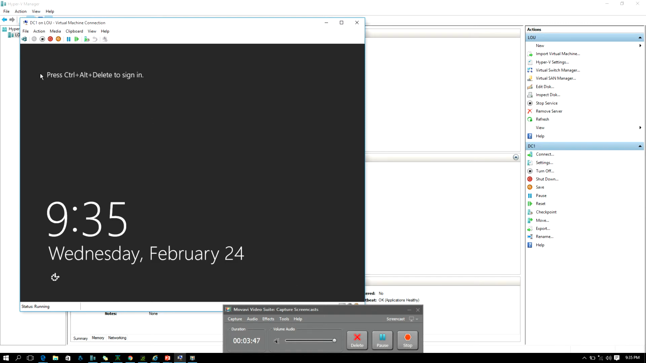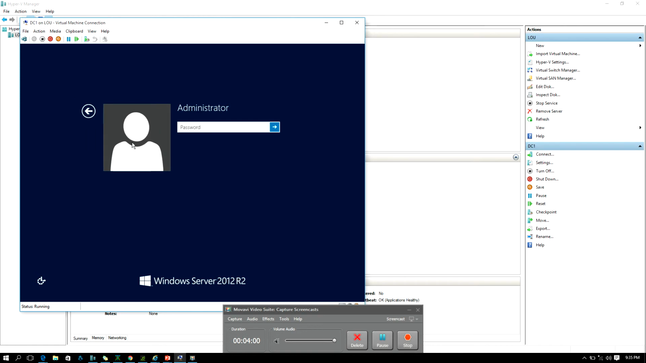So after this, we need to use Control-Alt-Delete. Now in Hyper-V, we don't use Control-Alt-Delete. We use Control-Alt-End. Or there is this button up here. You can also click on it. It also performs the same Control-Alt-Delete. So now I can log in,